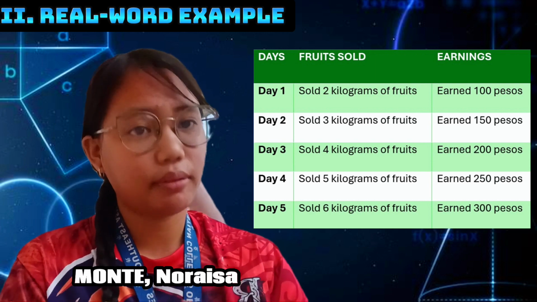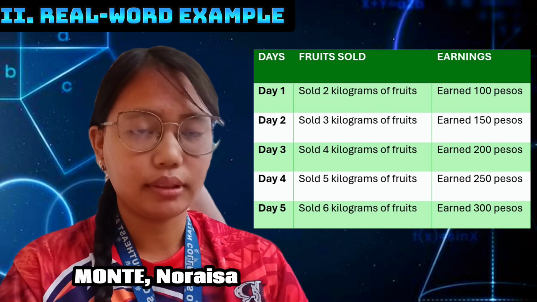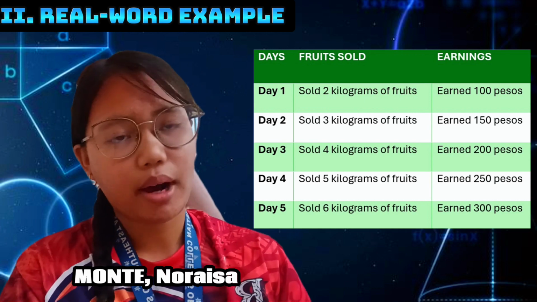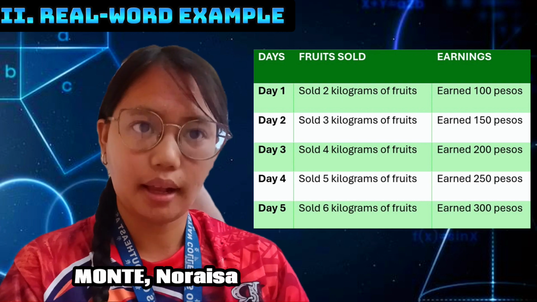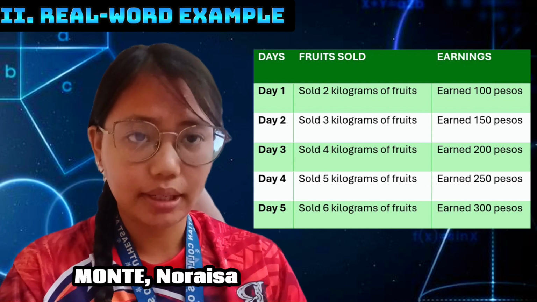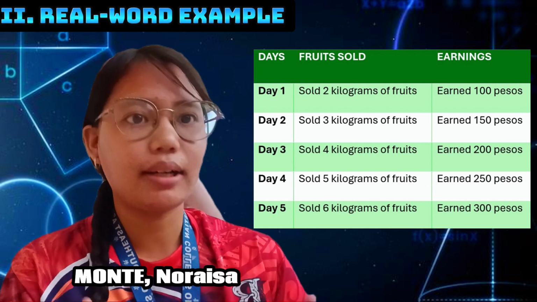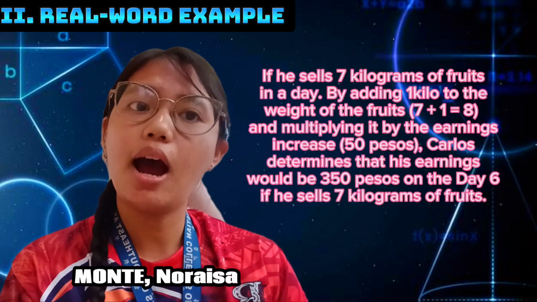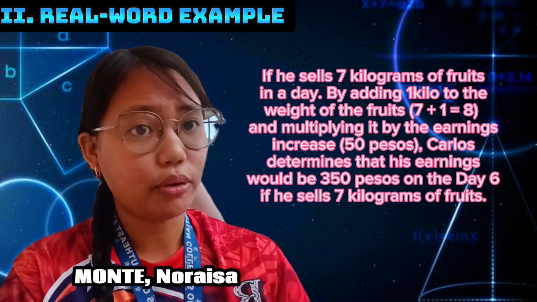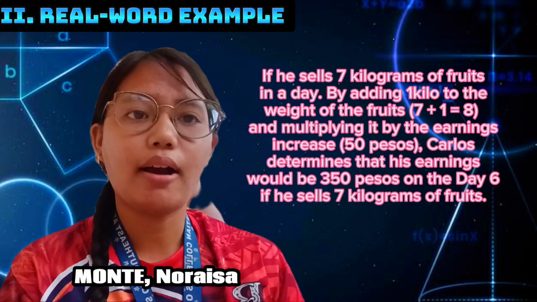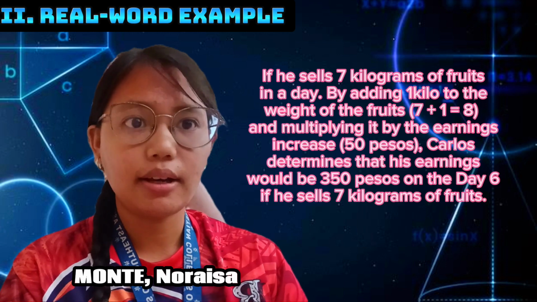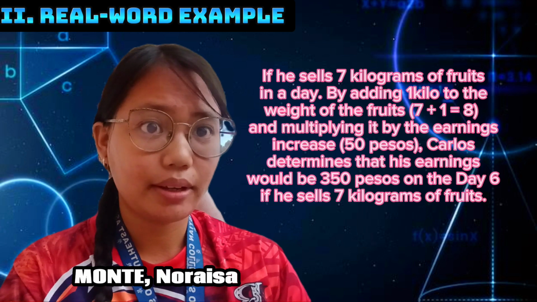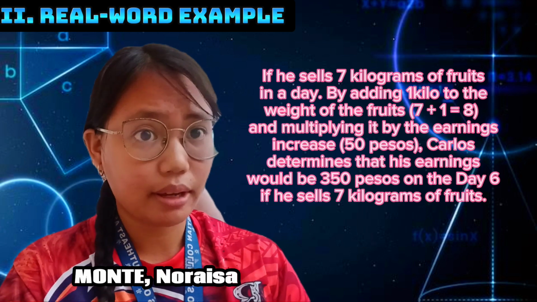As the weight of the fruits he sells increases by 1 kilogram, his earning increases by 50 pesos. This pattern holds true for each subsequent day. Based on this pattern, Carlos can use inductive reasoning to predict his earnings if he sells 7 kilograms of fruits in a day by adding 1 kilo to the weight of the fruits and multiplying it by the earning increase, which is 50 pesos. Carlos determines that his earning would be 350 pesos if he sells 7 kilograms of fruit